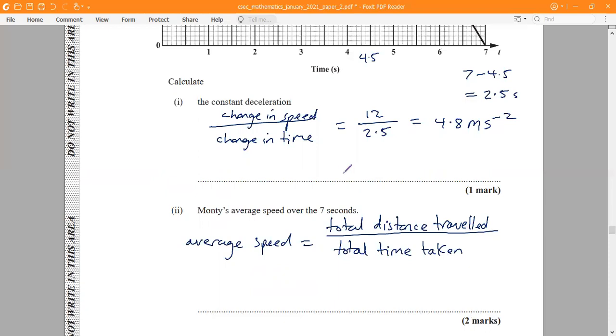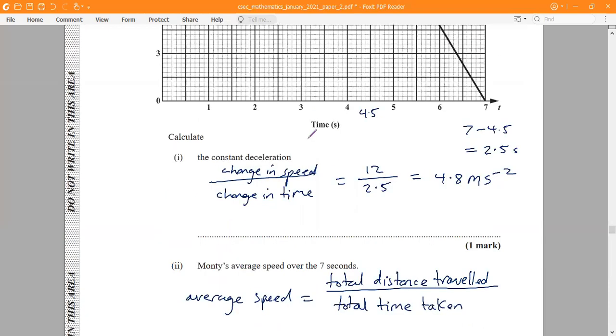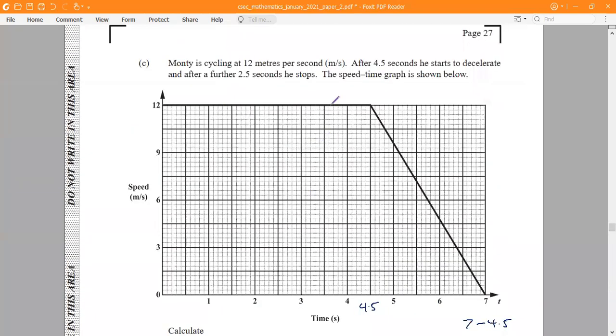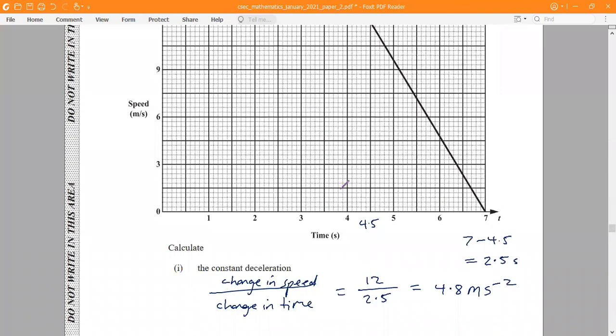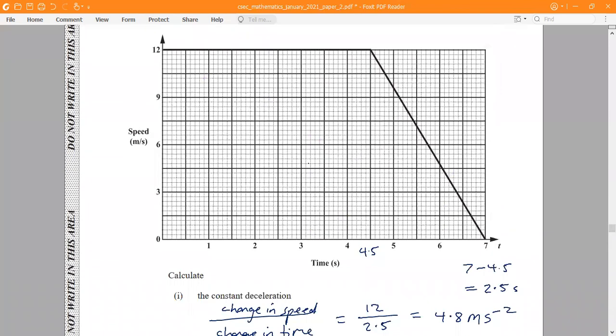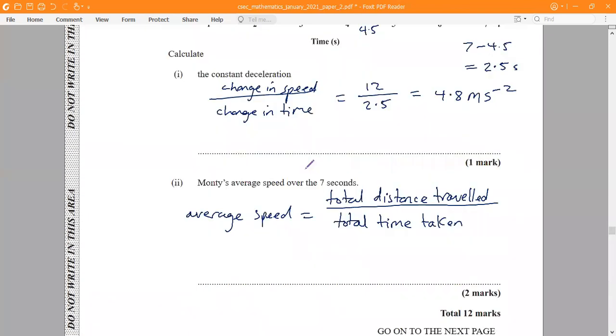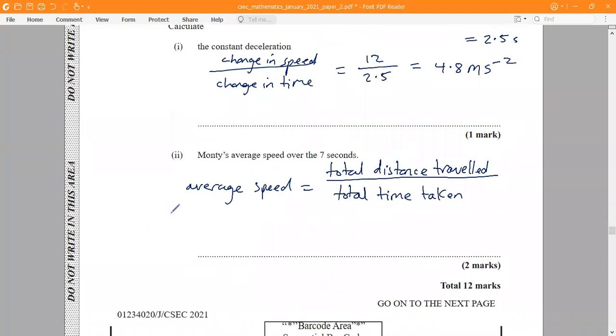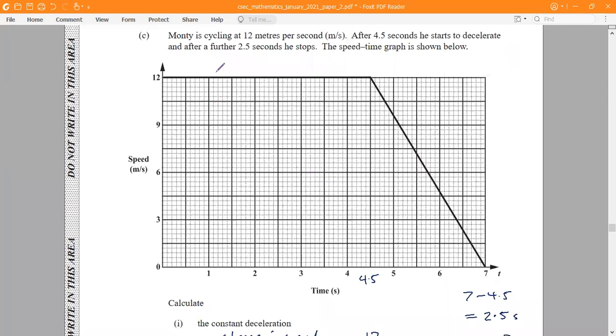Now, to get the total distance traveled, you have to find the area under the graph. This is a trapezium. Okay, this is the shape of a trapezium, and there's a formula for finding the total area of a trapezium. And we use a half times a plus b, times h. H represents height. We can say a is this distance,